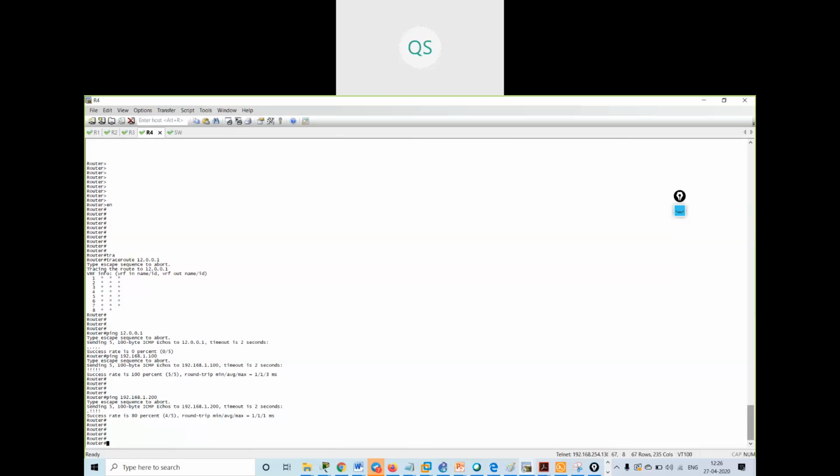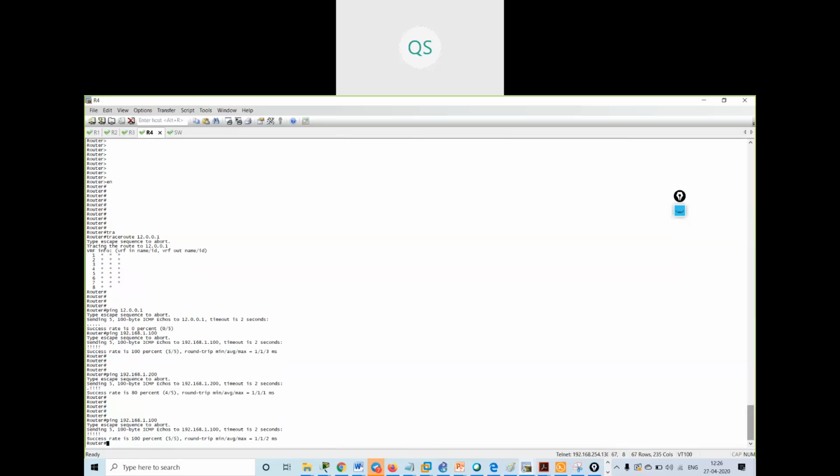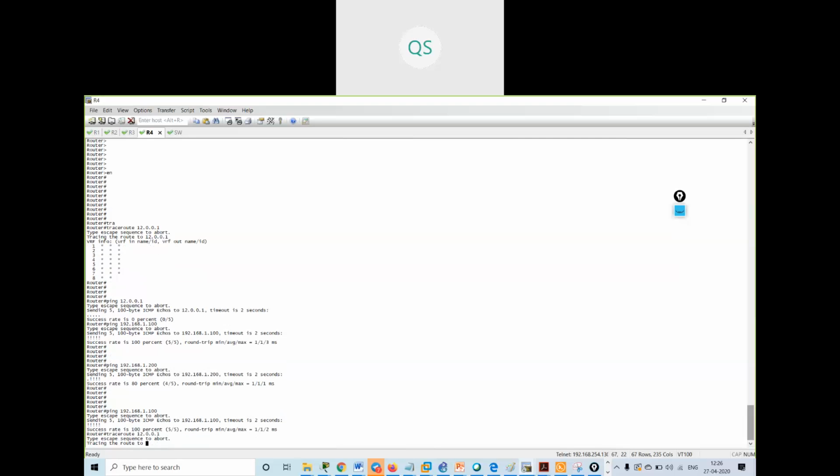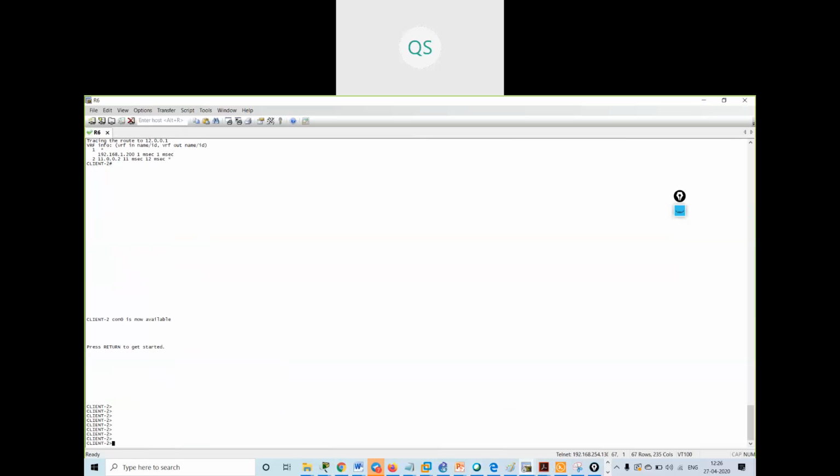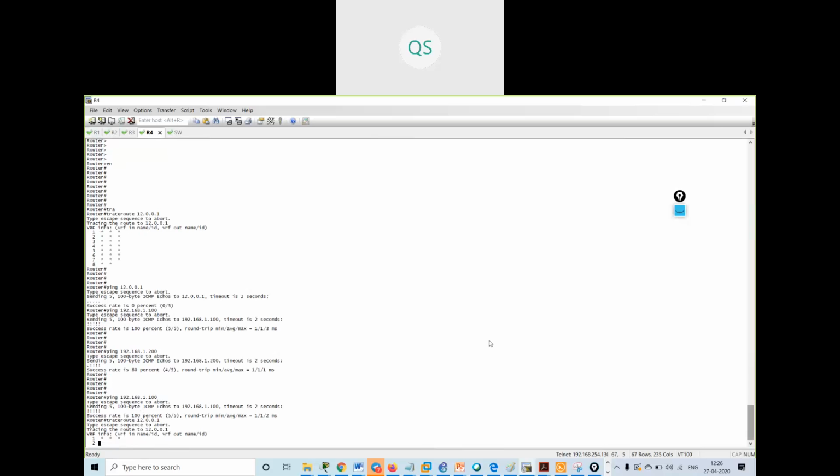Now I can check ping 1.100. Okay, traceroute 12.0.0.1. Okay, also from here I will do the traceroute 12.0.0.1. Again I'm not getting it. What is the issue now?